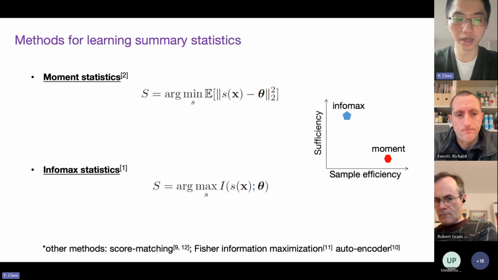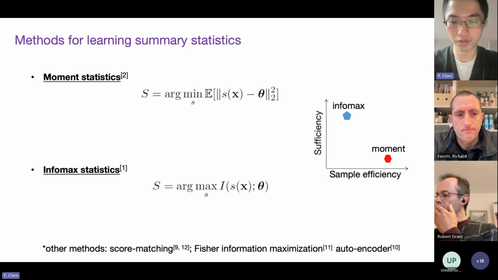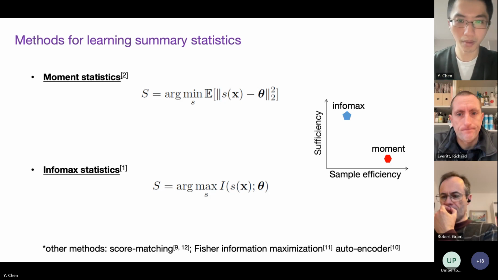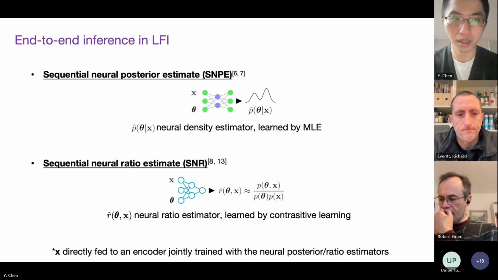I would like to mention that there also exist many other approaches for learning summary statistics. For example, those based on the score matching principle, those based on feature information maximization, and also autoencoders. But this will not be the focus of this work. Okay. I would like to highlight that